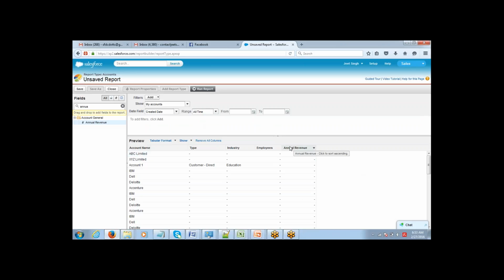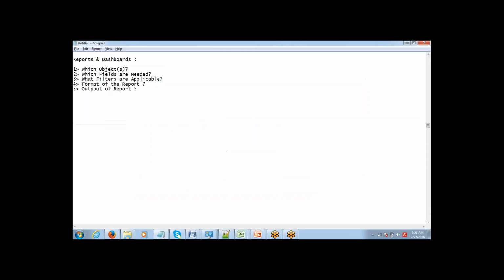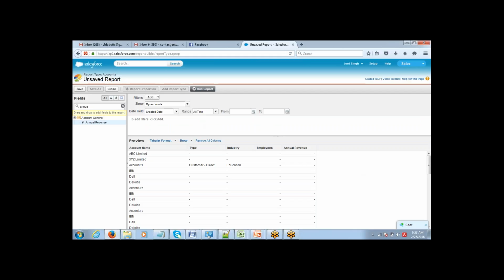Okay. Now come to the format. Field and filter we have understood. Now coming to the format of the report. What is report format? Basically, we have four formats of the report which are allowed in Salesforce: tabular, summary, matrix, and joint report. Okay. Tabular is the normal table kind of a format. Summary is